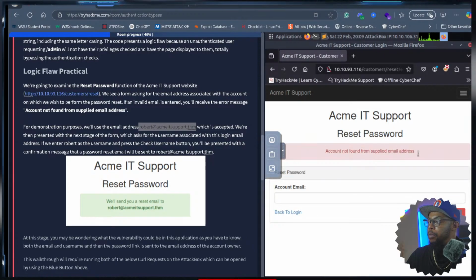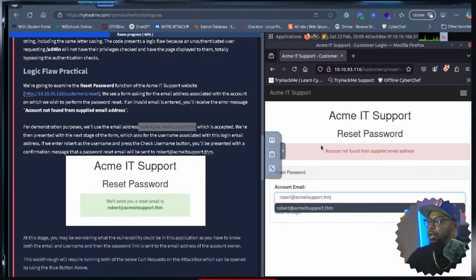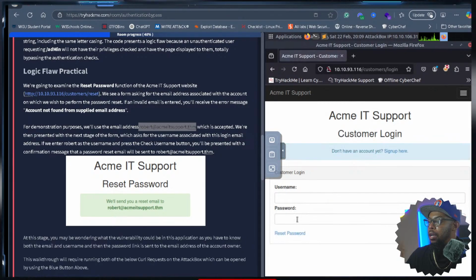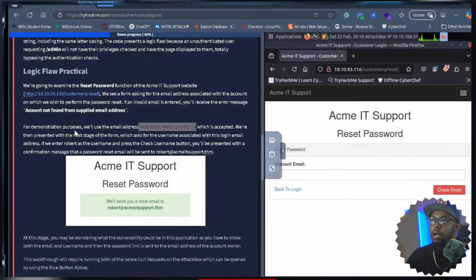Account not found from the supplier. What? Why do you tell us it's accepted? Which is accepted. We're then presented with the next stage of the form, which asks us the username associated with the login. If we enter Robert,